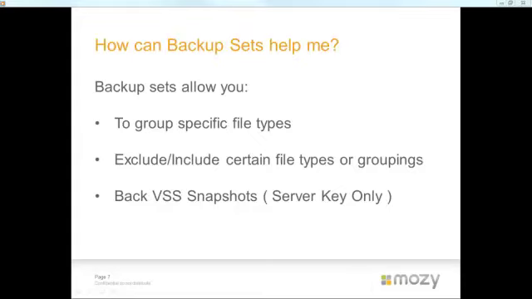Okay, so moving on from file selection, how can backup sets help me? Backup sets will allow you to group your specific file types. They'll also help if you have files all over your C drive of a particular type that you want to back up. For example, if you want to back up .doc files or .docx or any Word document files from your entire C drive,